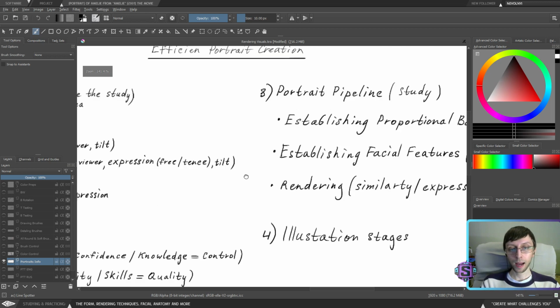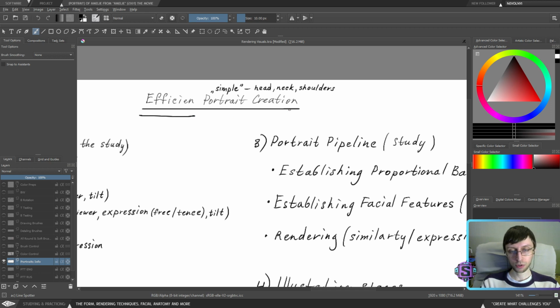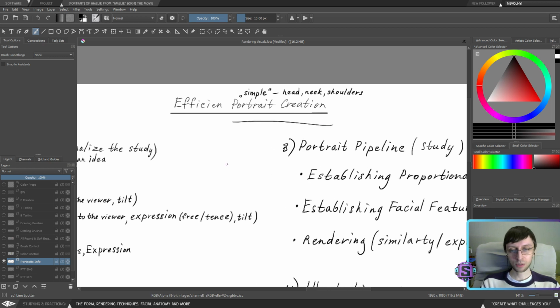And again, I'm thinking about efficient portrait creation. I could right away start to paint a portrait with no problems, but it's not going to be efficient. I'm going to miss a lot of points. I'm going to waste time working on this portrait in most cases. I'm going to lose the opportunity while working on this portrait to efficiently learn.